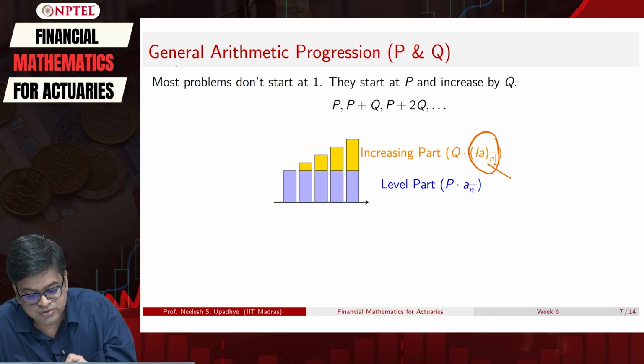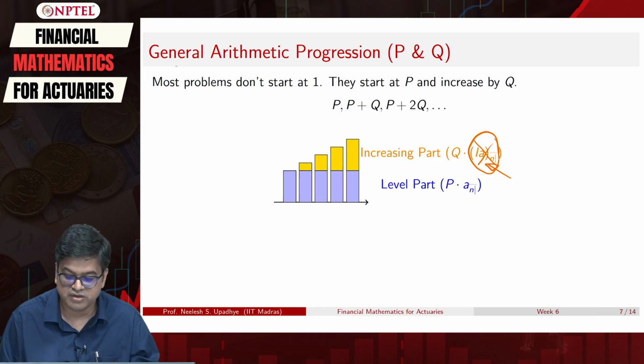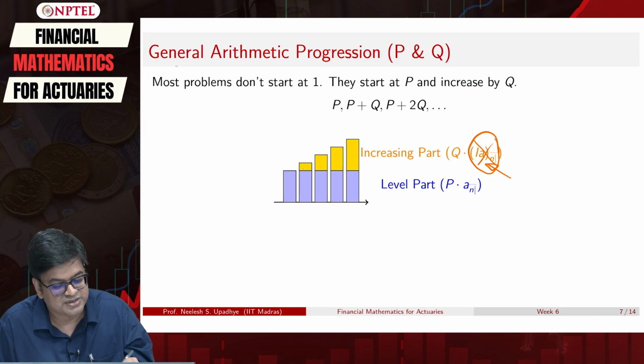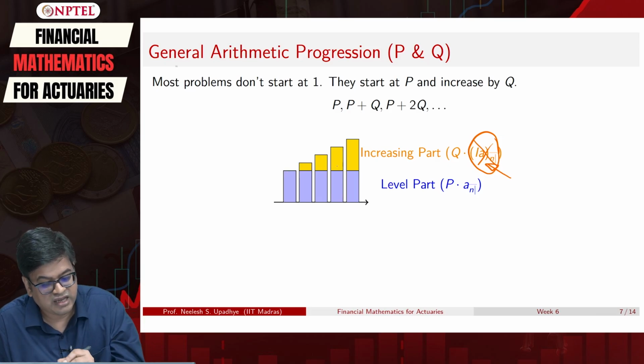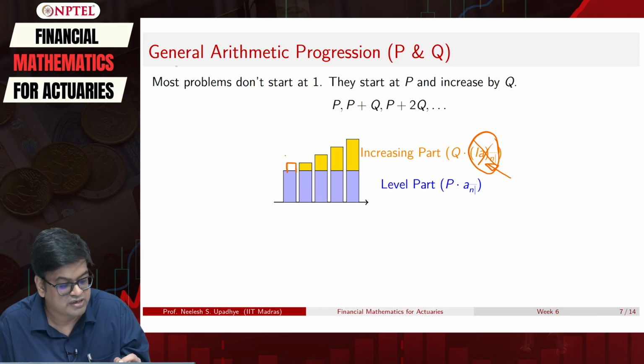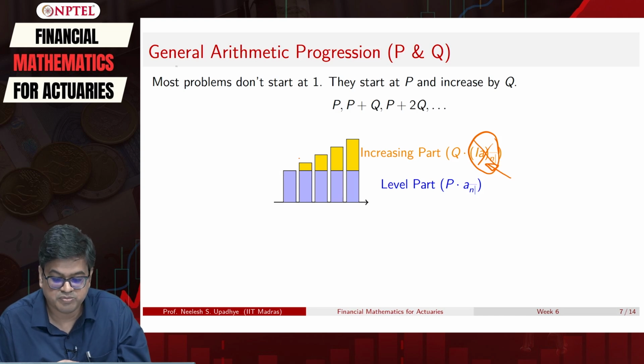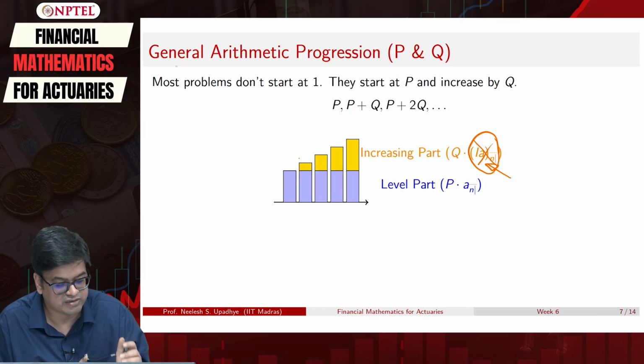However, I will show you in some time that this is not correct, okay. This is not IAn. We will give you the test cases why it is not correct. So let us move on and understand that this IAn would have been true if the payment of Q would have come here, but that is not coming here. So this IAn will not be true. We have done this on purpose so that many people will understand what mistake they are making when they are calculating, okay. So let us move on.